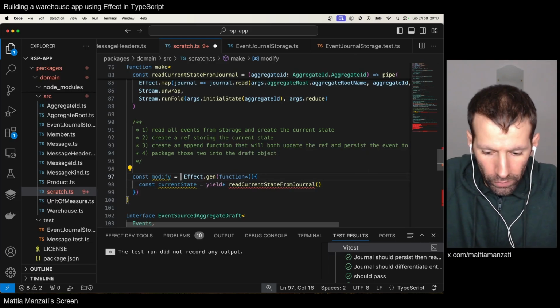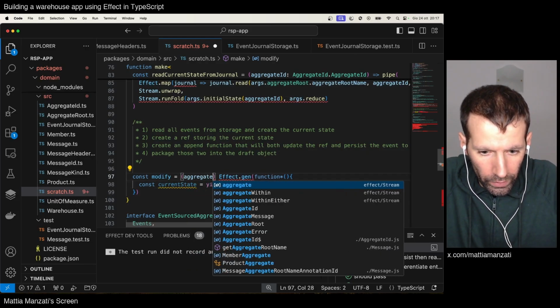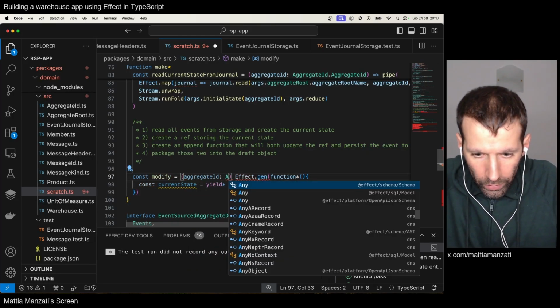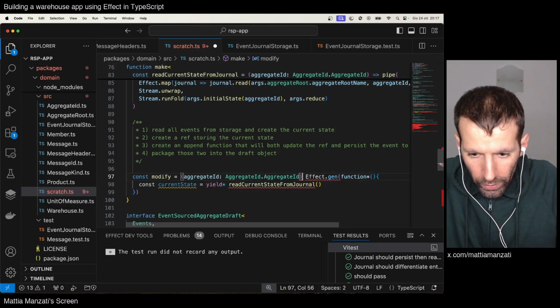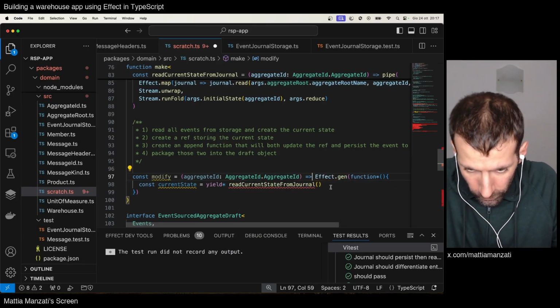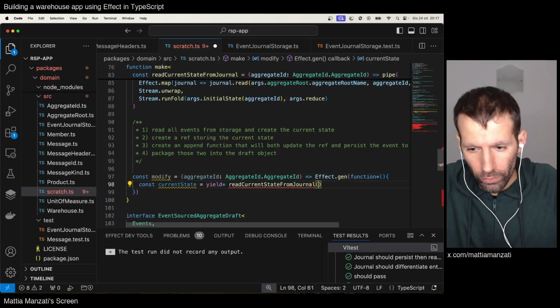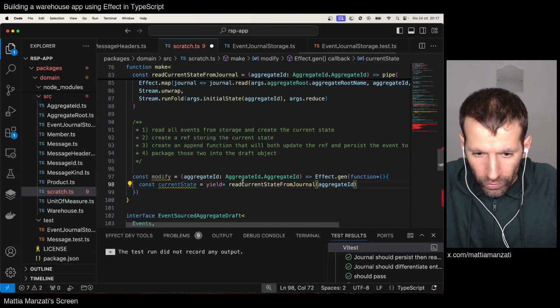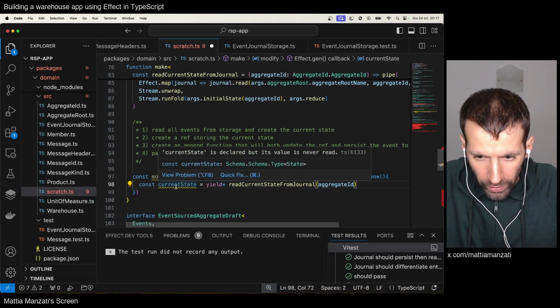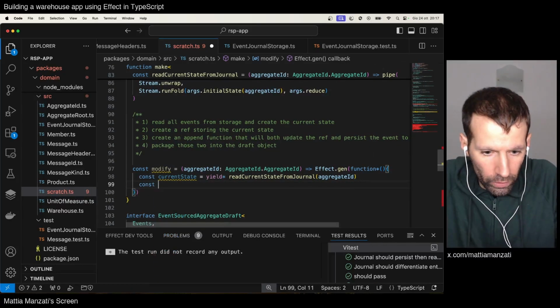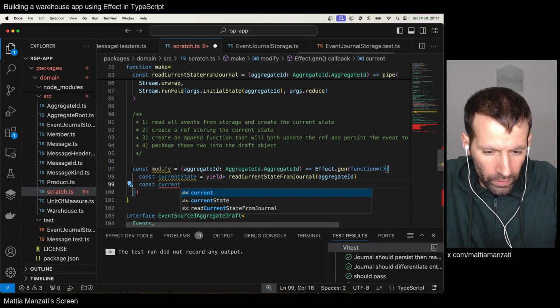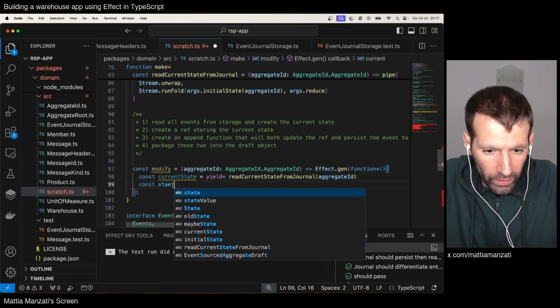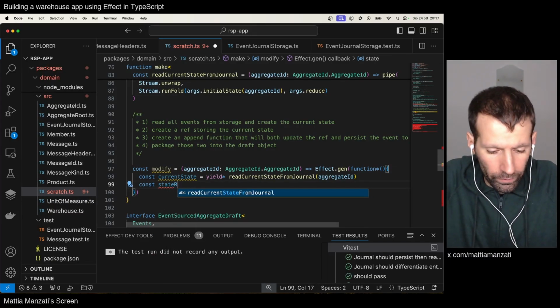Oh, obviously we need to say aggregate ID. So read the current state from journal for the aggregate ID, and then const current state ref, maybe state ref